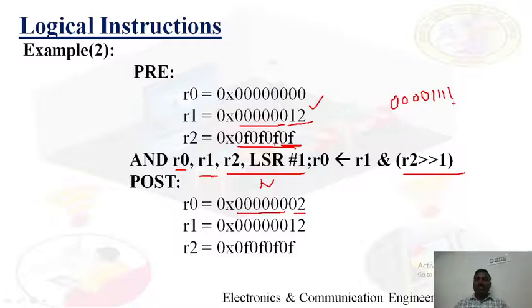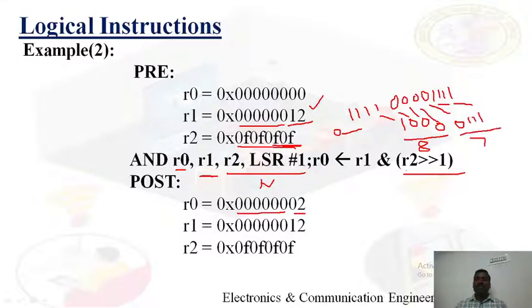Each bit is shifted towards the right and 0 is inserted from the left. So here F is there. In the previous nibble this is 1, so this 1 will come here, then 0 will go here, and similarly 0, then 0. So this becomes 8 now. Then this 0 goes here, and these 3 bits are shifted towards the right, so this becomes 7. After this operation, that is R2 logically right shifted by one position, the lower nibble becomes 87.